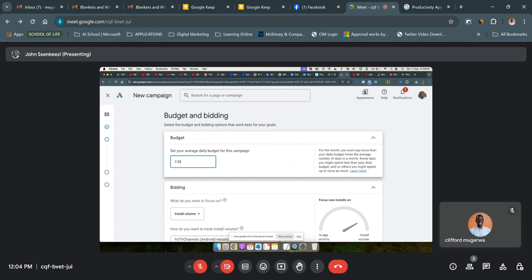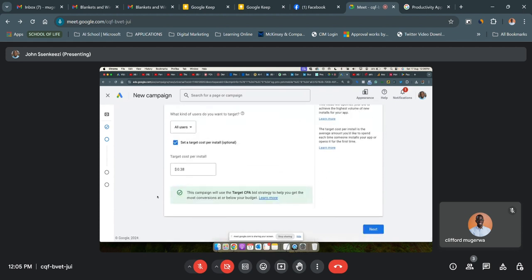This is the thing, eh? Maybe for me, I'm out of touch with reality, but I feel like a 100 a day budget is not a bad budget at all. Eh? 50 is also fine. I think for this to work, at least get $1,000 for a campaign and tell the client if this is our